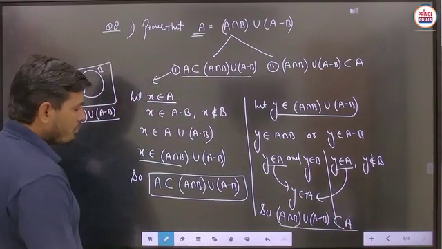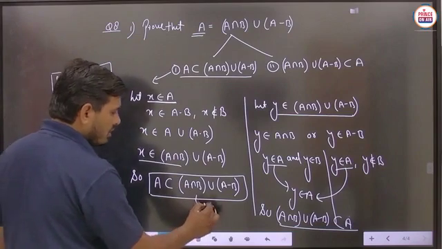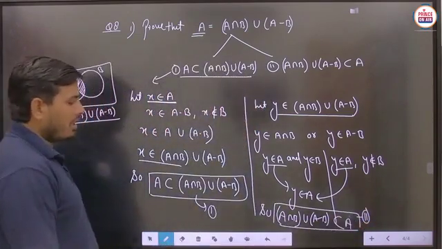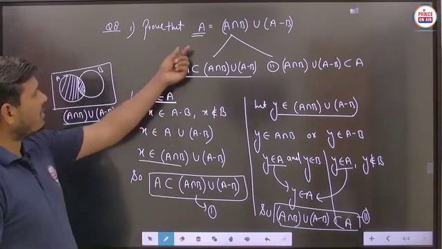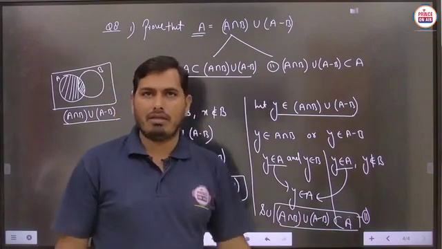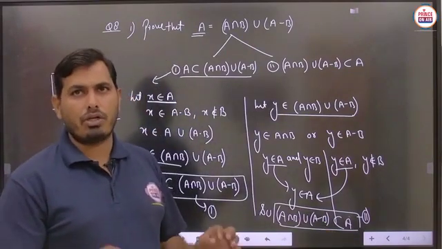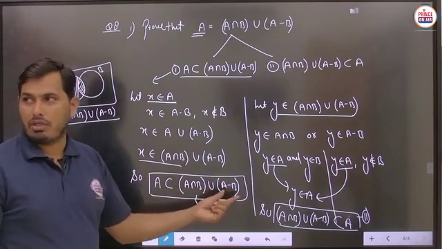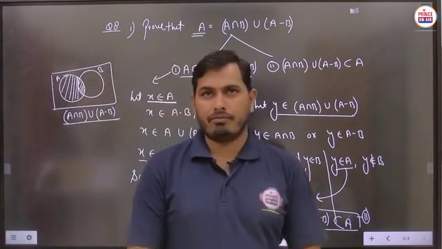So you can prove the two things. This is the first result and this is the second result. So on behalf of this first and second, you can say that this particular set A is found to be equal to (A intersection B) union (A minus B). So either of the approaches student you can use here, but before that you have to simplify the given things with the help of Venn diagrams. Is it to be clear?